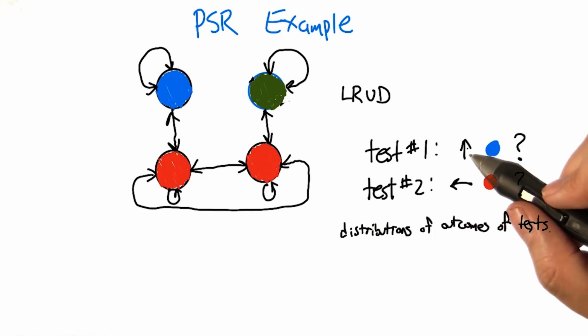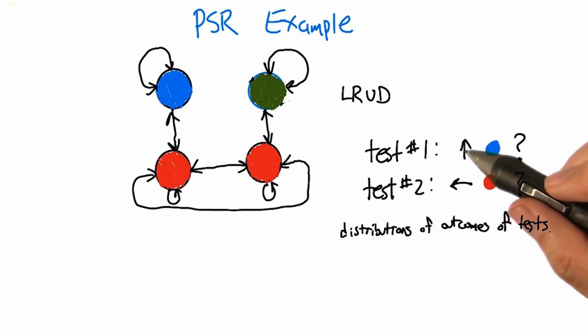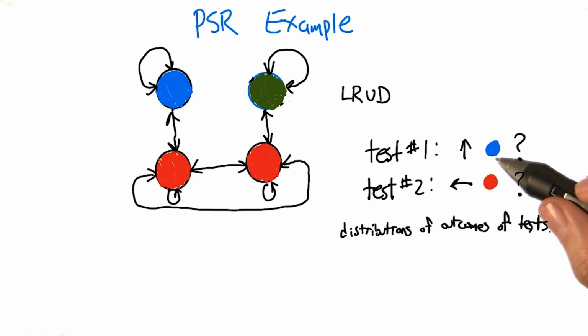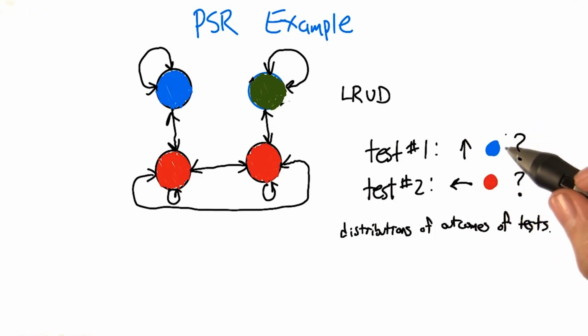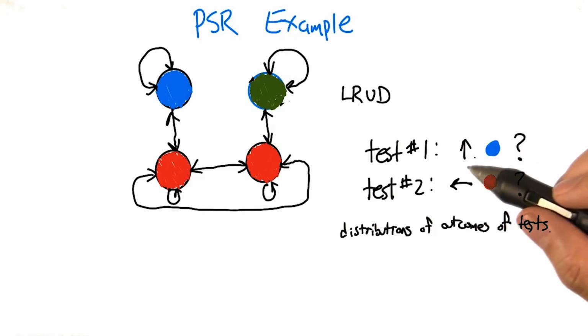But we kind of like this notion that these tests are actions and observations, because at any given time we could say, hey, this seems like the kind of situation where it's 2/3 probable that I go up and see blue. Let's just try that just to make sure. So we can go up, see whether or not we see blue, and see how often that actually seems to happen. It's still not trivial to learn in this case, but at least it's grounded out in observables,